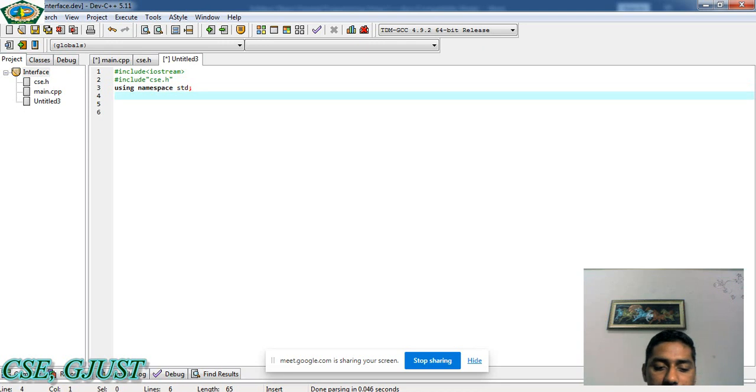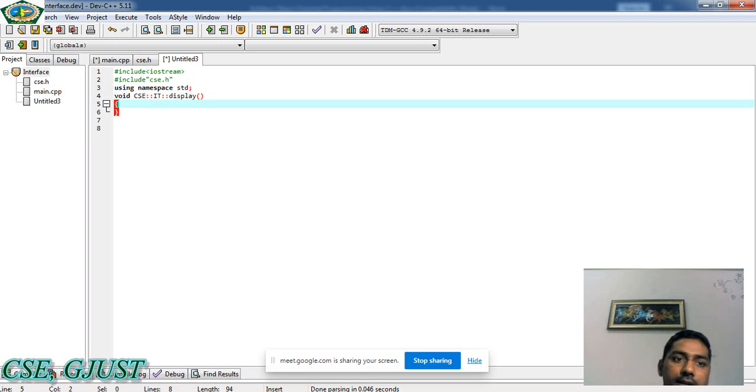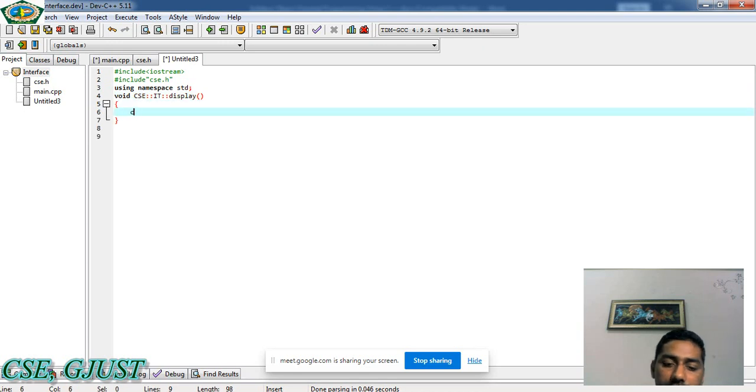Then we are defining the class name: CSC, scope resolution operator, IT is the class, and then the name of the function, display. The type of display function is void, or we can write it the other way, with cout.